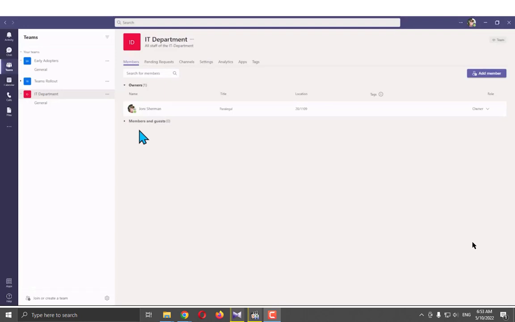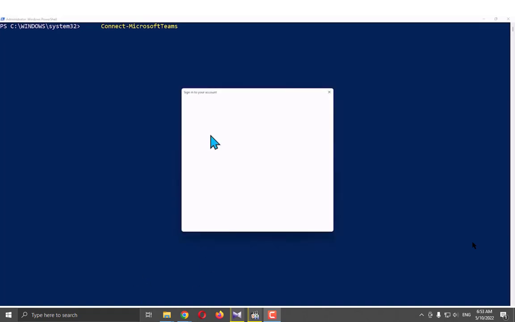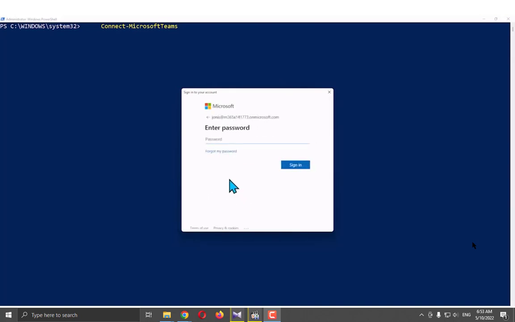Team owner there, Joni Sherman, and we've got guests Alan DeYoung and Alex Wilbur. So we've created a new team with the Teams desktop client by leveraging an existing M365 group. Now we'll create a team using PowerShell. The team will be called CA Office. First we'll sign in with Joni Sherman's credentials